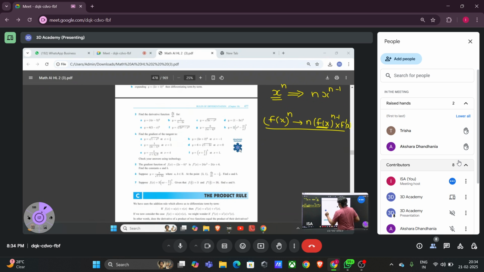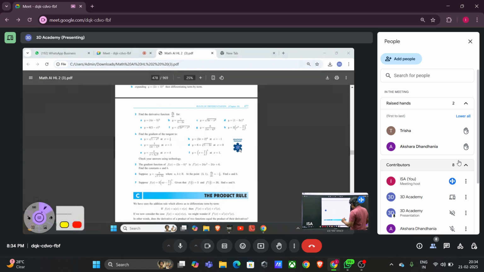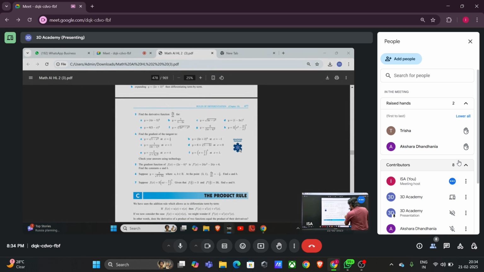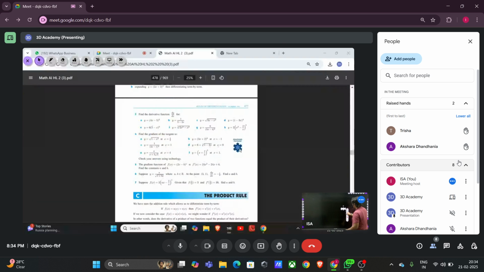ठीक है? Now, what if there are more than one steps for chain rule? Like a question like this. It is a simple question, okay? Very simple question. Guys,